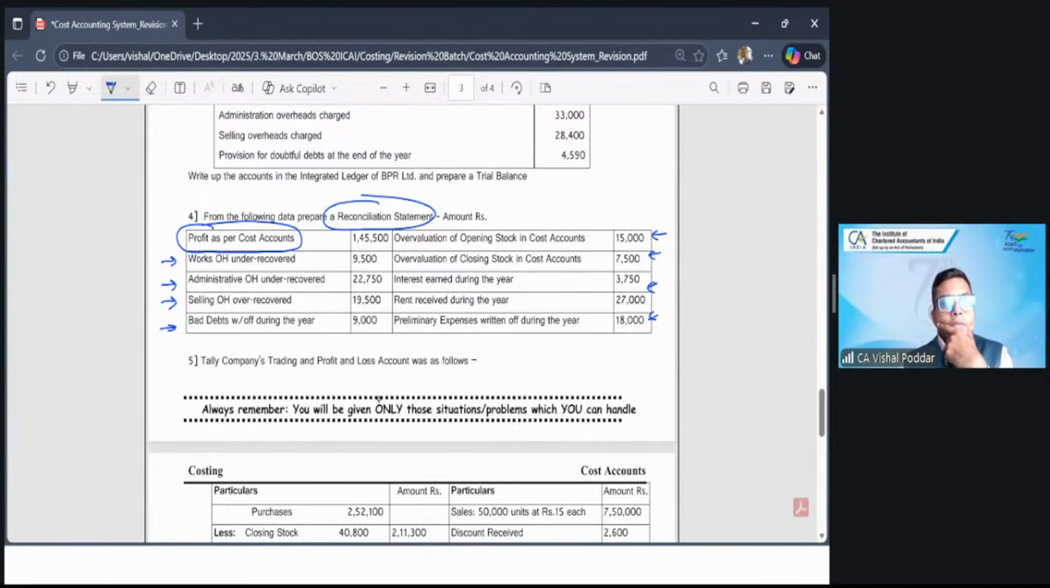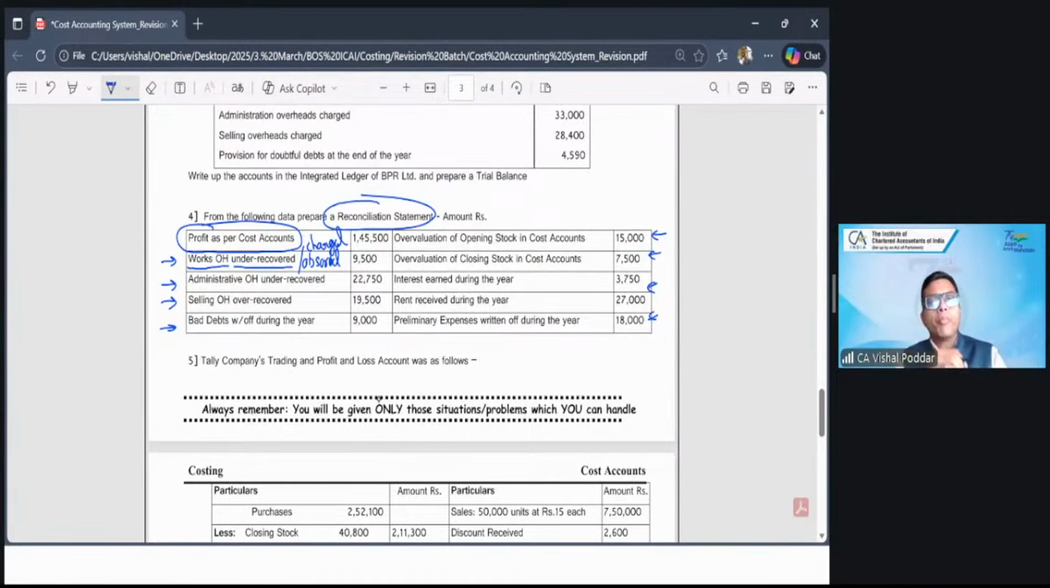Now, what is the first difference saying? It says works overheads under absorbed. So there could be parallel words: under recovered, under absorbed. It may also be called under charged. Now, firstly, students, you should understand what this adjustment means, because unless you understand what it means, you'll not be able to identify what is the impact on these